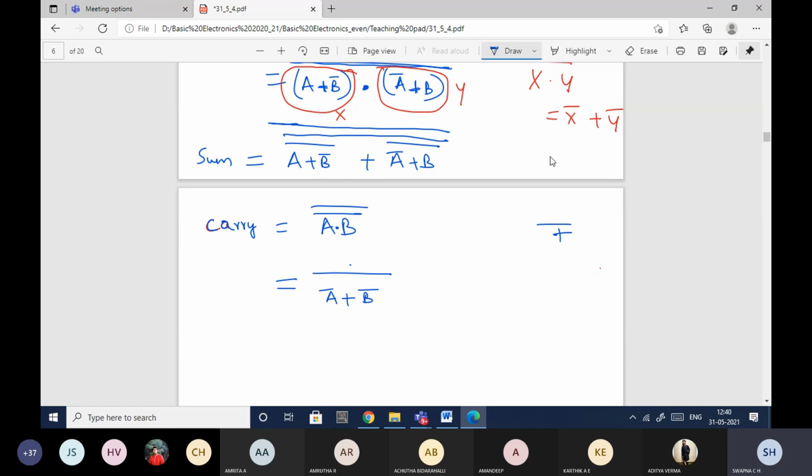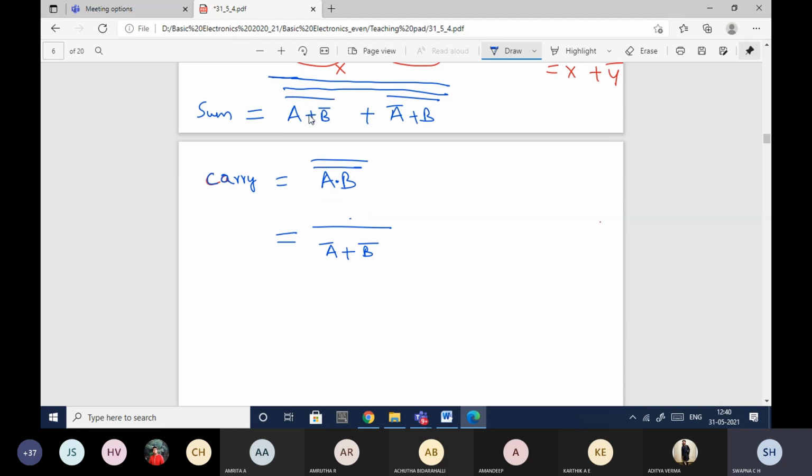Here you told me that whenever you're converting the equation to NOR kind of equation, you need to take double complement twice. But here you have taken only once. Because you have a single term, only one term is available, whereas in the other equation you have more than one term. If you have more than one term in the equation, you need to take double complement twice. Now it is in the required form. I'm able to implement sum also, and carry also. So let us implement it.